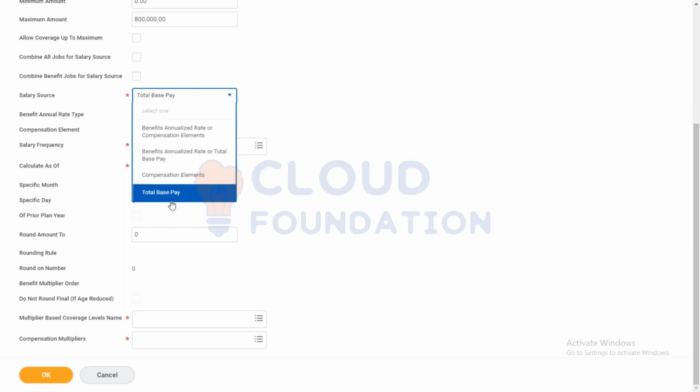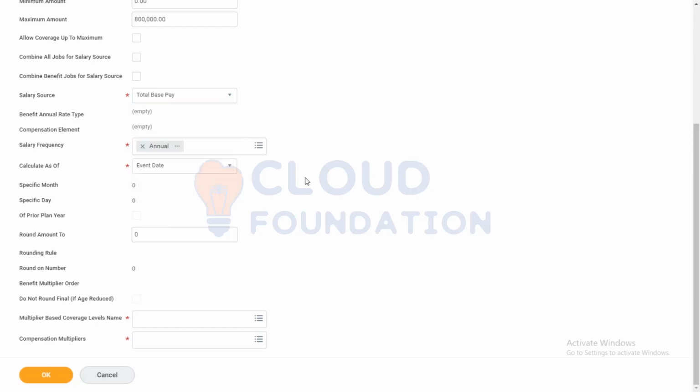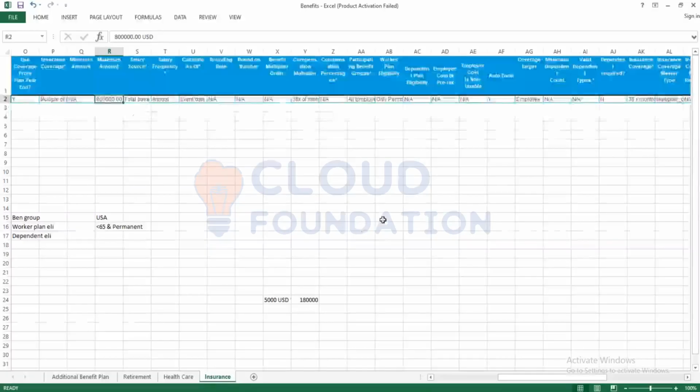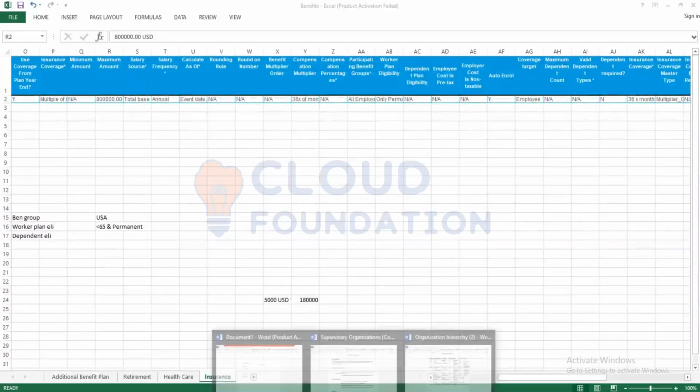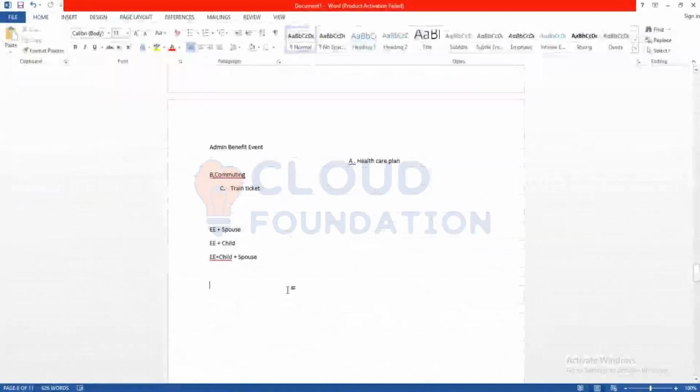So based on total base pay. Okay. Simplest, any idea what is TBP, total base pay? Total base pay is the salary that the employee receives monthly. Right. So we are going to, for example, here we are saying, let's take a scenario. I'll explain with an example. Let's say an employee is earning